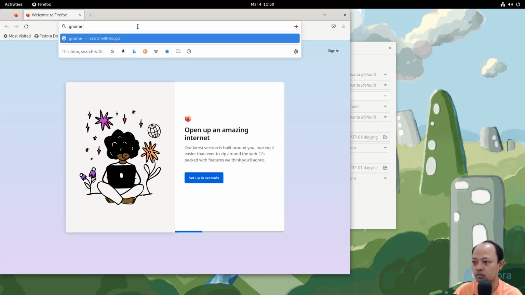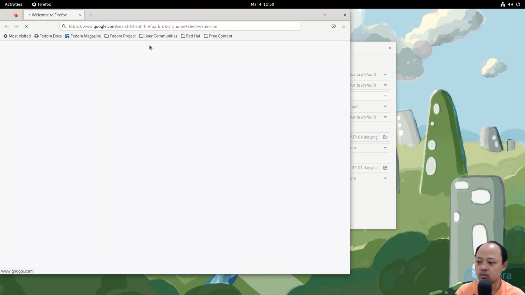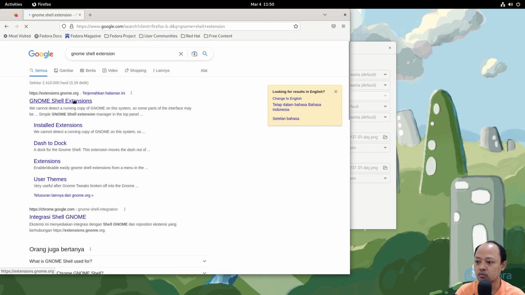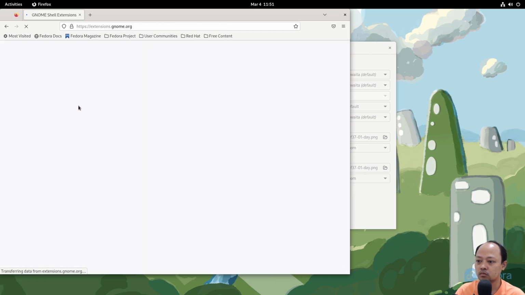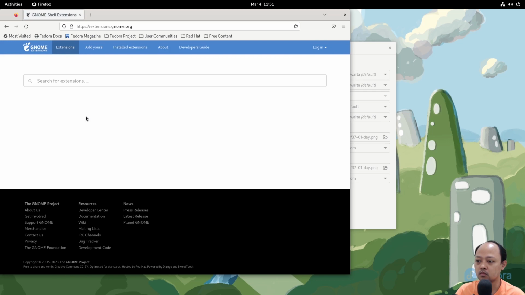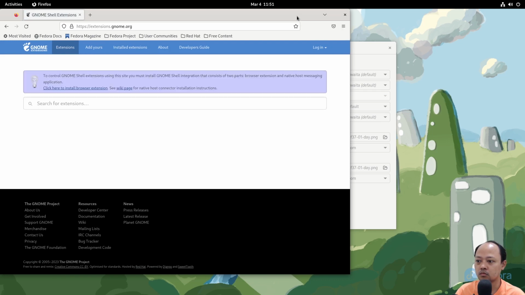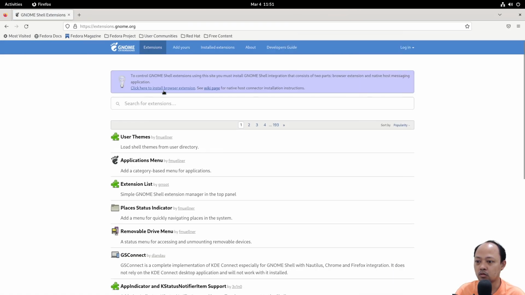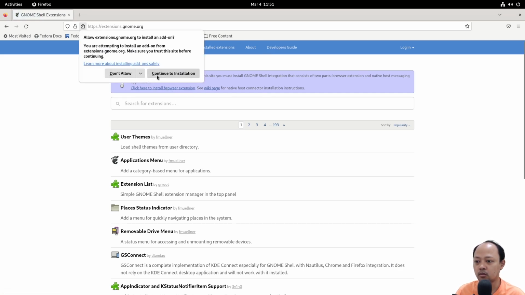GNOME Shell extension. I need to install this again because this is another user.